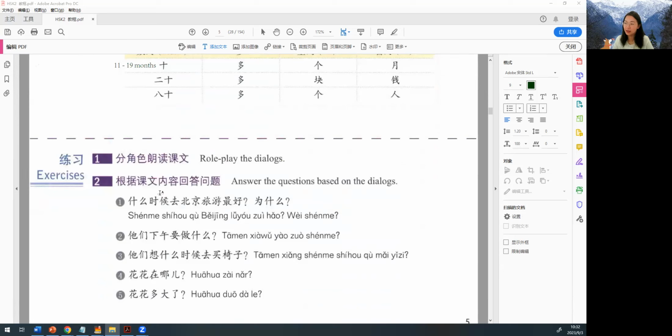First is reading. Please read after me of these questions. And please focus more on the tone difference and try yourself to practice to copy the feeling when you hear my speaking. The first question, 什么时候去北京旅游最好？为什么？